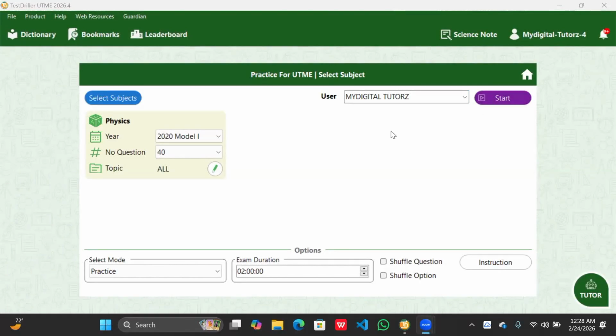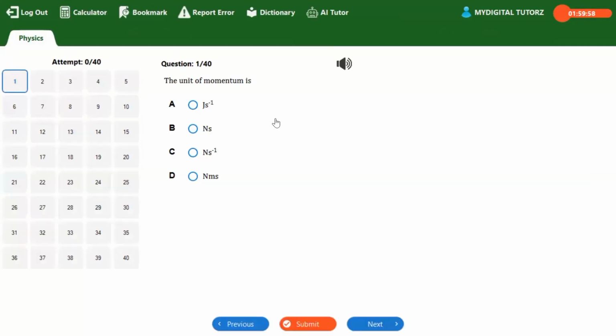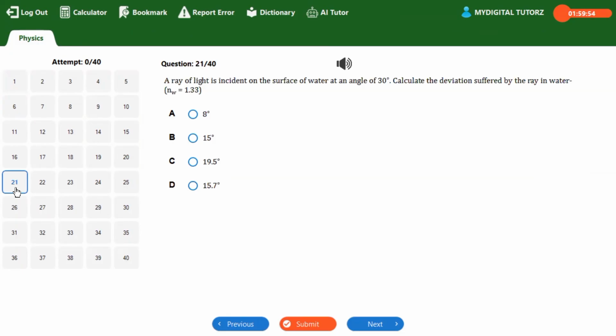This is the third session on the ongoing solution series of 2020 JAMB past questions. So in our last class, we stopped at question 20. So we're going to continue from question 21 today. So the first question here, which is question 21, says, a ray of light is incident on the surface of